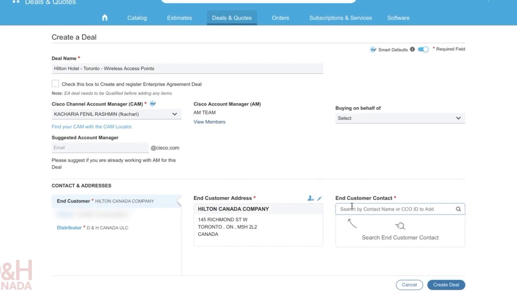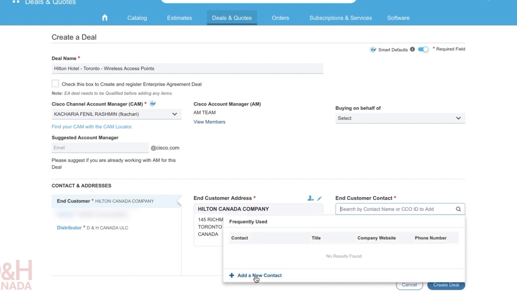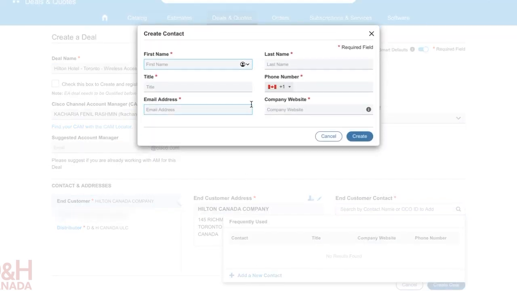Another critical piece that you have to provide is end customer contact, and be cognizant of the fact that Cisco might contact this person to verify that you indeed are working on a net new opportunity. So we're just going to type something here: John Doe, title buyer. I'll give them a name or phone number,